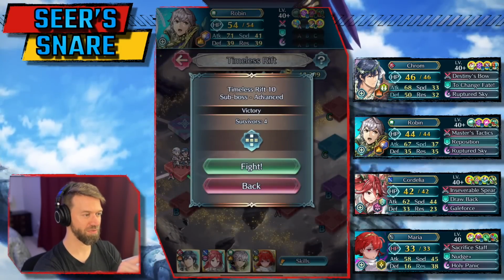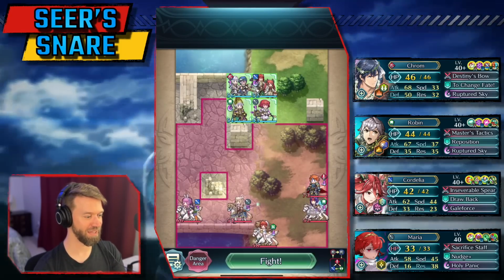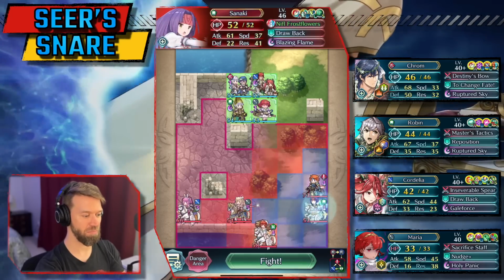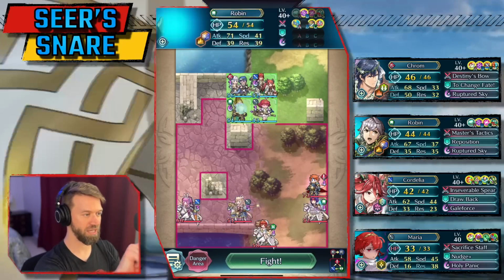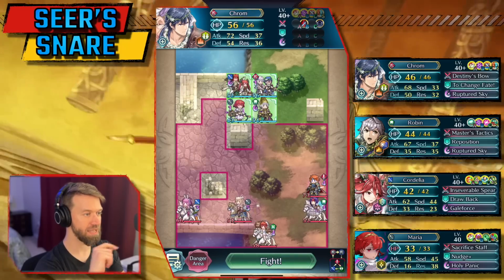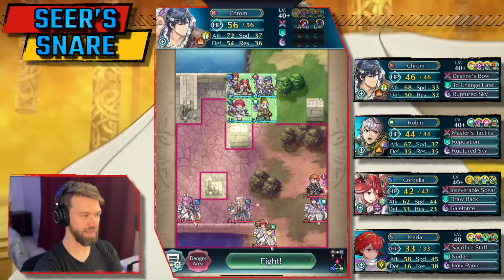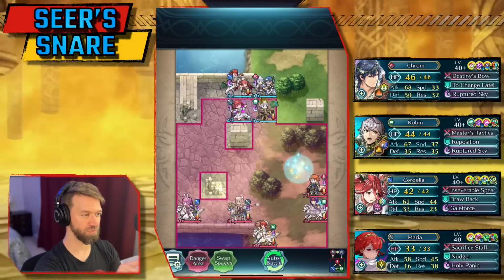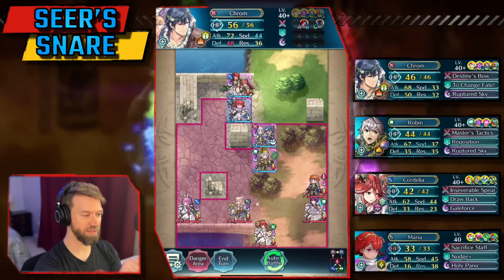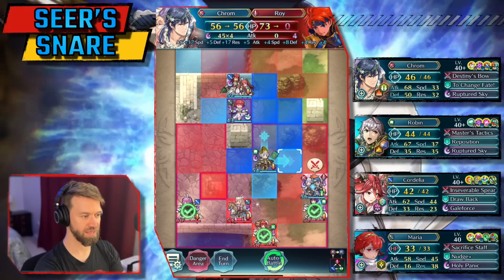We're just going to jump right in because I know you guys are tired of me doing stuff. Now, the big problem here is Maribel and the shenanigans that she pulls. We're going to do basically the same maneuver that we've been doing by putting Robin up front, Chrom right behind, and shenanigans ensue. Because of these units and the way they're set up, I really want to take out Roy first. And this is...